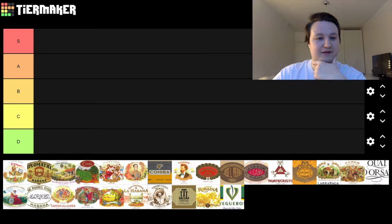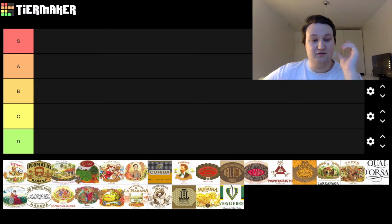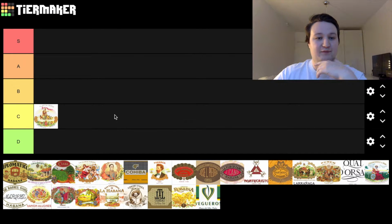So the first one we have is El Rey del Mundo. This is a hard start, right? Because I need to set the benchmark. El Rey del Mundo, I'd say, is a decent brand. They only have 2 cigars in their Vitola, which I think is a huge shame. But the ones they have, the Choix Supreme is a great cigar. It's a Robusto, kind of mild, some citrus, some cream, some coffee. It's a great cigar. I got to put El Rey del Mundo in C, just mainly because they don't have